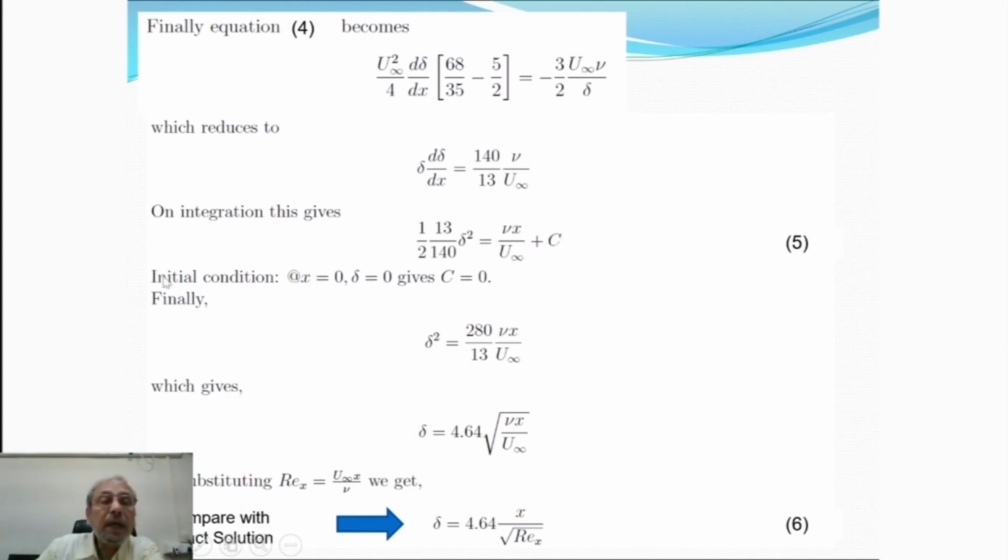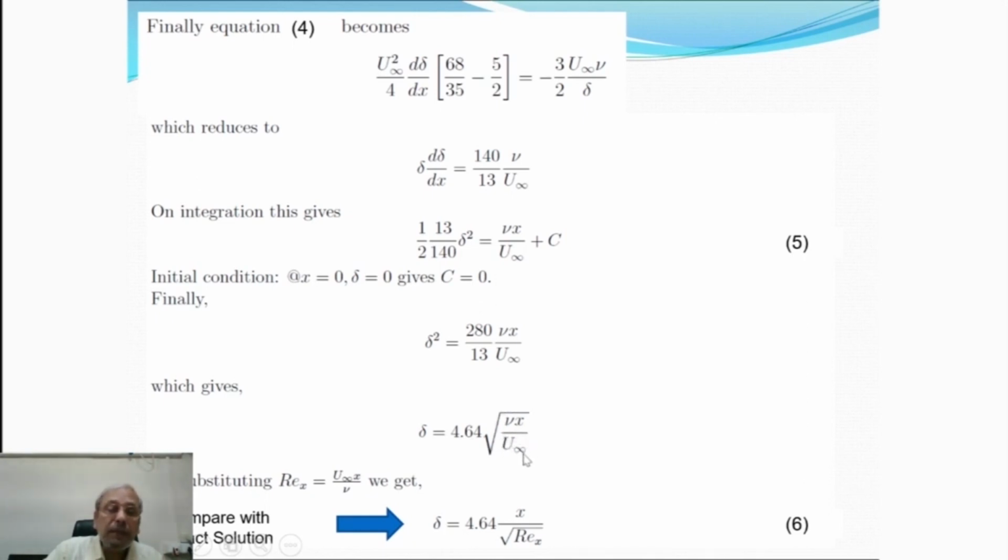Now we can apply the boundary condition that at the leading edge, that means at x equal to 0, delta equal to 0, which will give c equal to 0. So from here we can write delta square is 280 by 13 nu x by u infinity, which finally gives delta equal to 4.64 root over nu x by